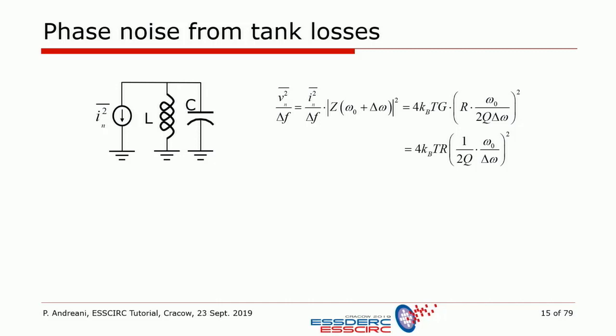Well, we can let the noise power density of the resistance, in this case referred to the current, so the current noise density, act on this impedance and basically generate a voltage noise across the tank. You can see it given in this way. Now, of course, this really accounts for all the noise generated by the resistance, but in fact,